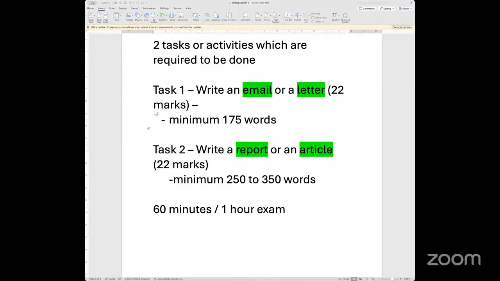Considering it's a long weekend, bank holiday weekend, the idea is to get these sessions done before 10 o'clock so that you have the rest of the day to yourself. And hopefully, if you have any questions, any queries, feel free to write them down so that we can discuss them tomorrow before we start the session.